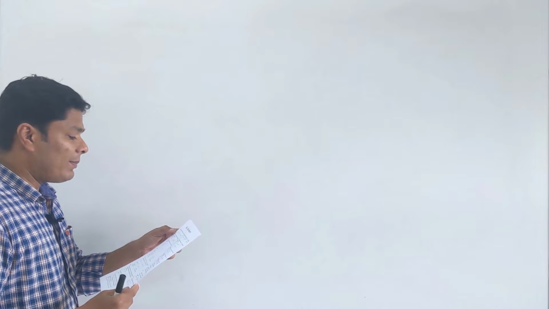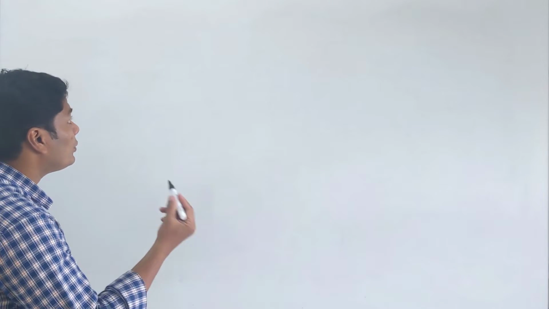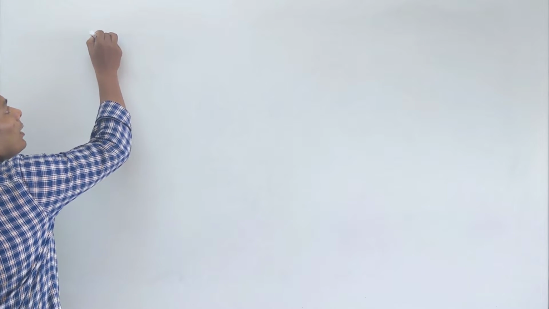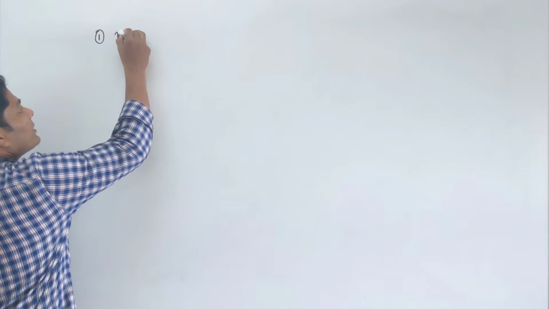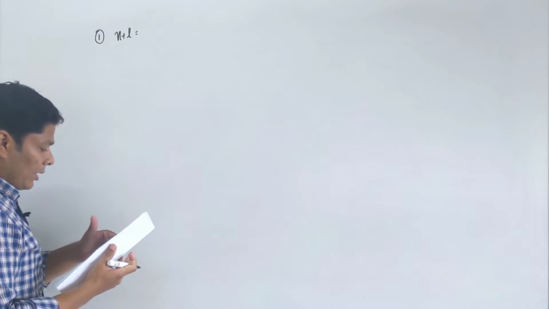I'm going to go at a much slower pace, because this is also a time for me to explain the concepts. So now let's look into question number 1. Question number 1 is talking about the number of electrons in a sulfur atom having n plus L equals 3. What I am trying to teach you is how to actually do it and how to think. Now question number 1 says n plus L equals 3.